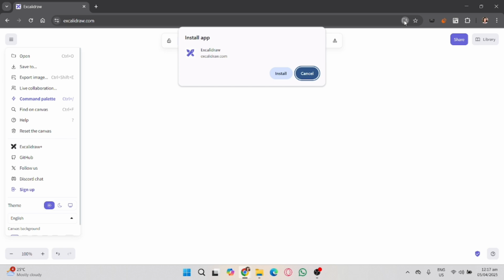So whether you use it in your browser or install it on your computer, Excalidraw is an awesome tool to bring your ideas to life